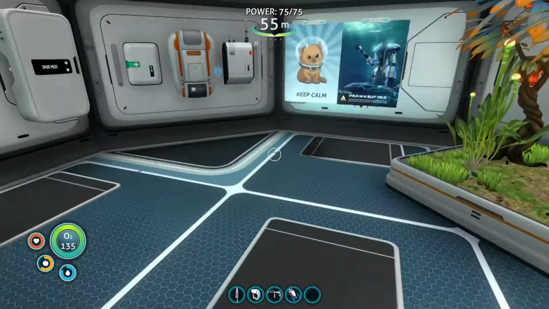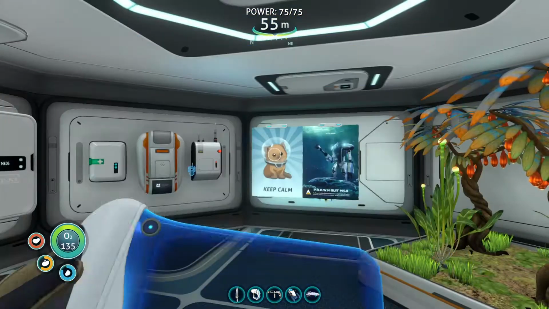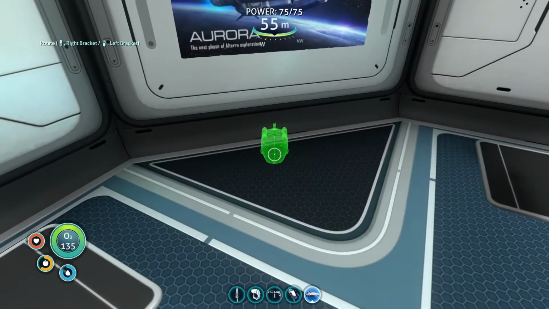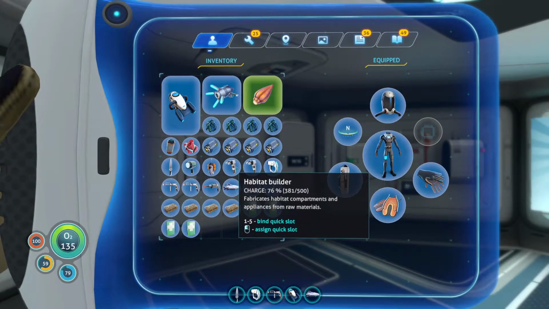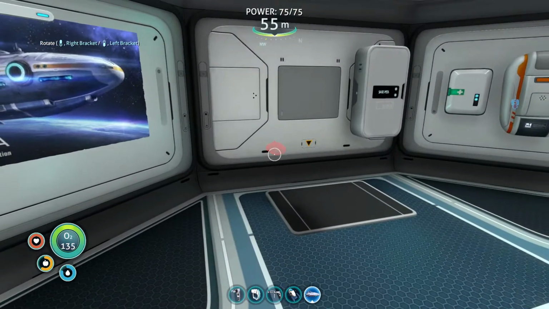Sure. And the Aurora miniature. I don't have a shelf built for it yet. Actually, no. Let me build the shelf, and actually show off how the habitat builder works. I forgot that I have, like, 2 of these. Alright,